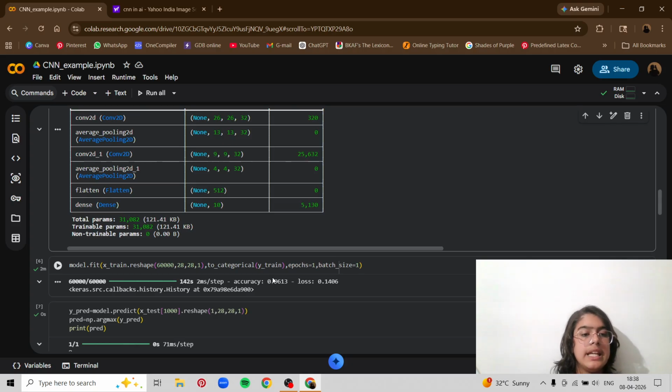Now this is basically reshaping the data, because reshaping is important. Without reshaping, your code will give an error. You can't just write x train comma y train. You'll always have to reshape it as x train.reshape and y train as to_categorical.